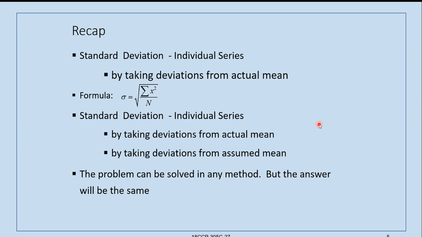Everything is under root. Sigma x square by n minus sigma x by n whole square under root